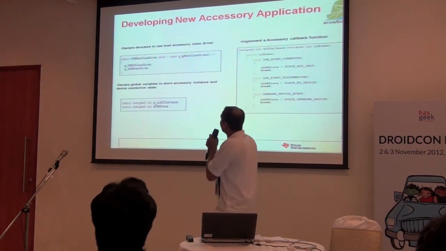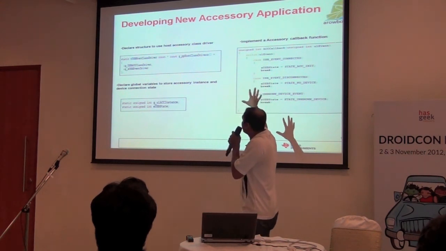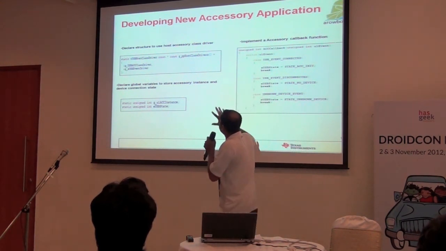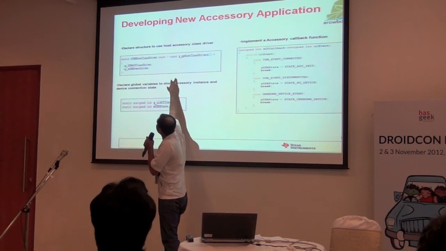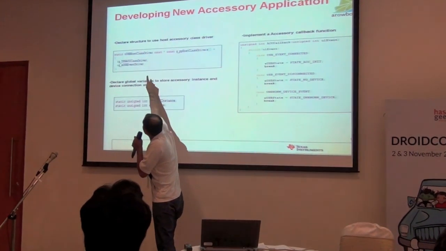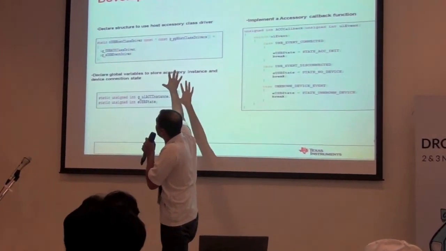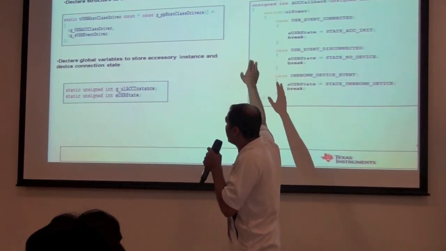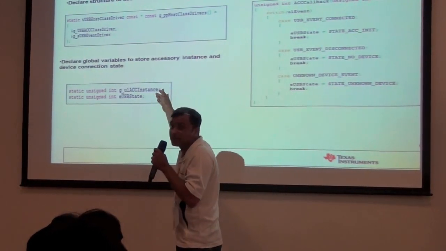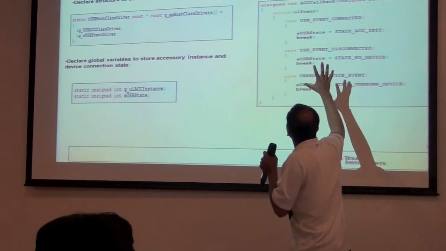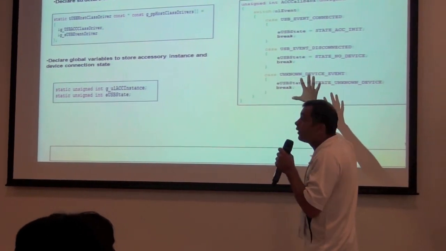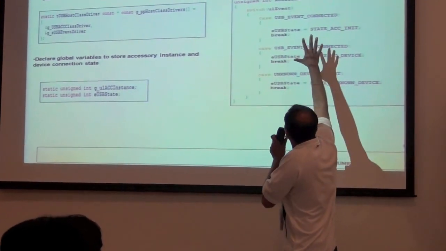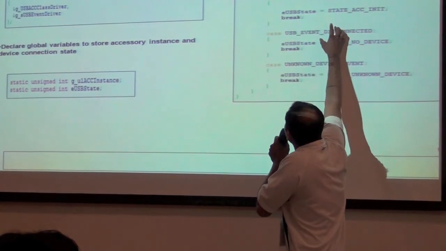So this is the code snippet shown here. For development, this is the accessory class driver instance, a structured USB accessory class driver structure. You have to declare that in your main file, and you have to declare some USB state and some instance variable globally. Then after that, this is the callback you have to implement,